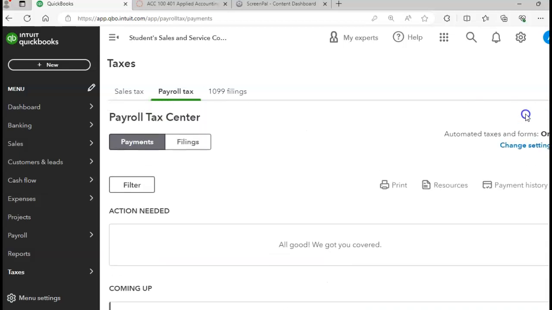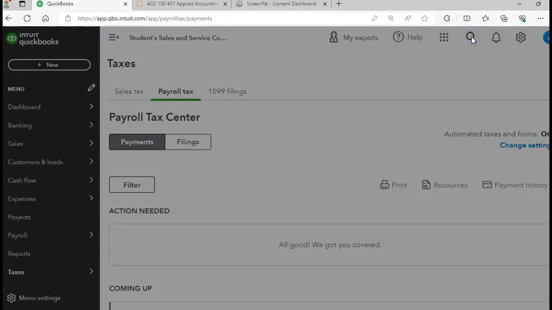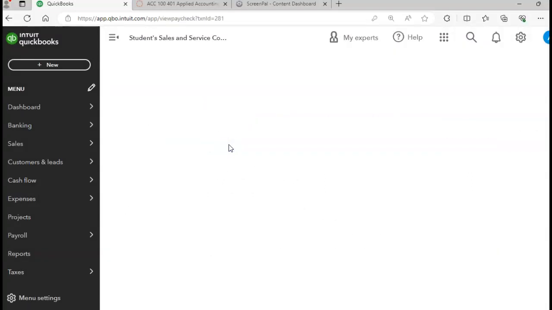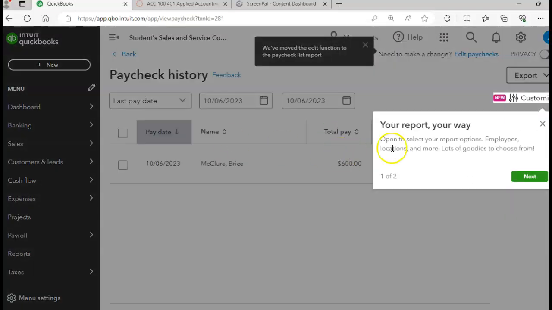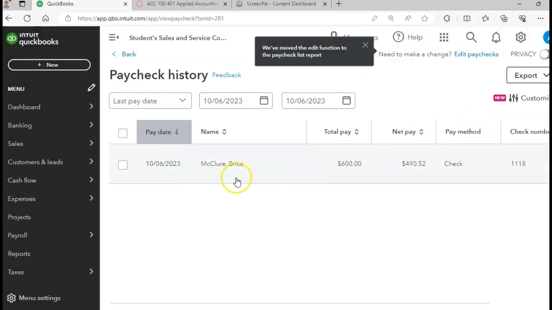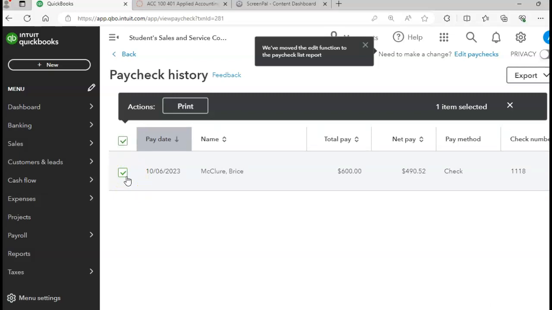Okay. And we then want to take a look at the paycheck information. So if you go up to your little question mark, which is like your search button, to show all your recent transactions, and then just go ahead and click on the payroll check. When this little box comes up, you just click on next, and then you can go done there. So if you put a check mark in front of the check from Bryce McGuire,